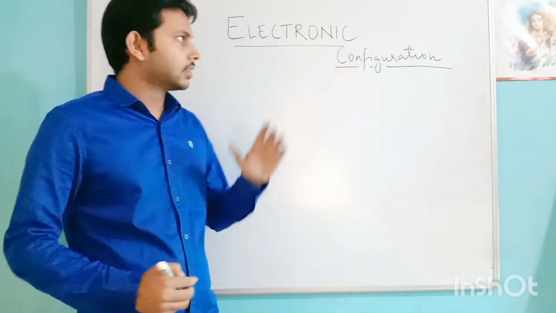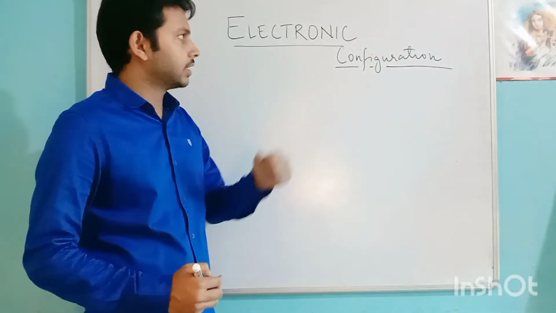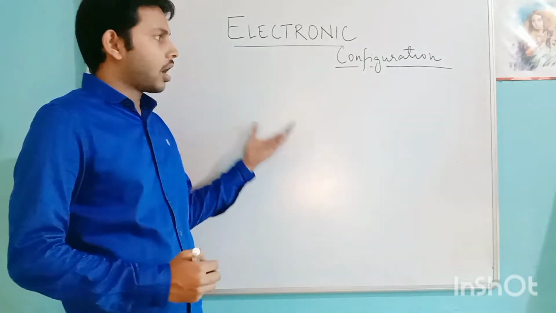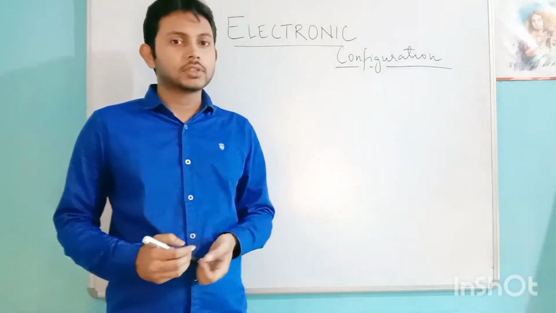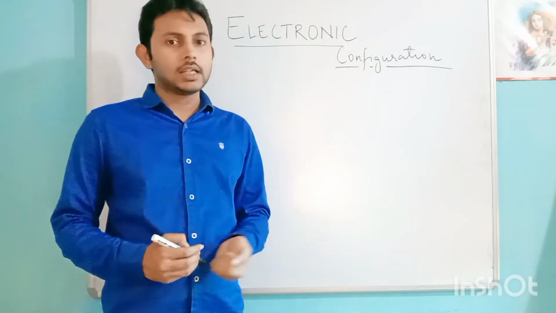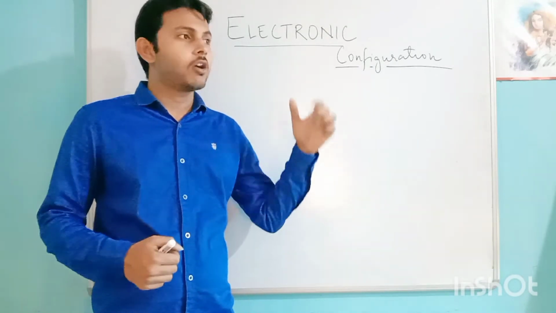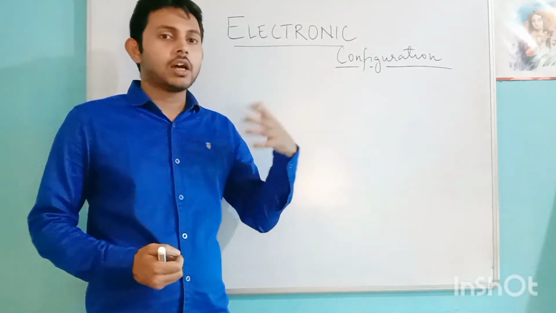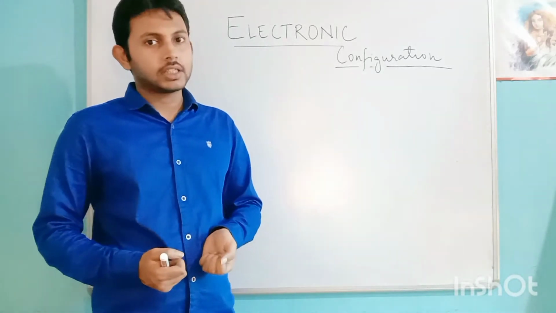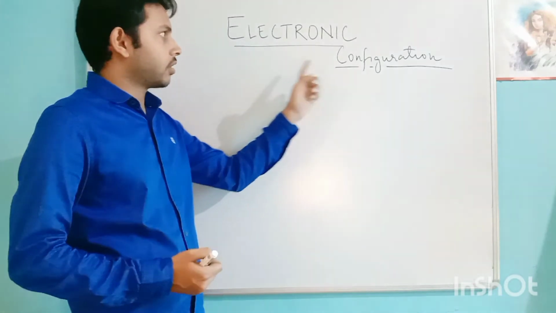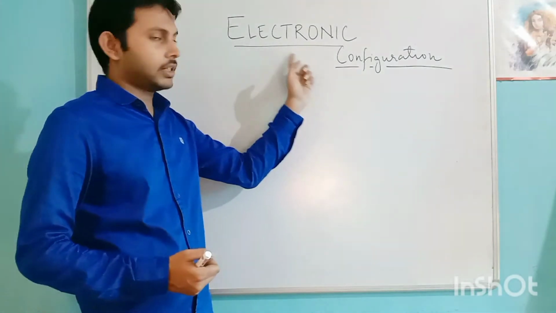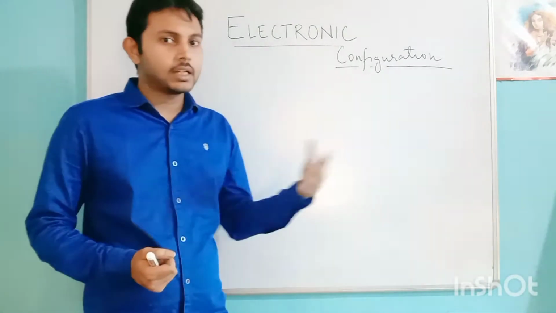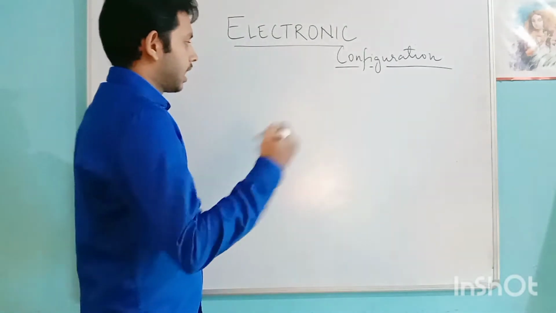So let's start. Before starting the electronic configuration, you must know how the structure of an atom looks like, how many cells it contains, how we will know how many electrons, neutrons and protons are there, and how many maximum number of electrons can be there. This is electronic configuration. We must know how many electrons are there in an atom. So let me first show how an atom looks like. Generally, an atom